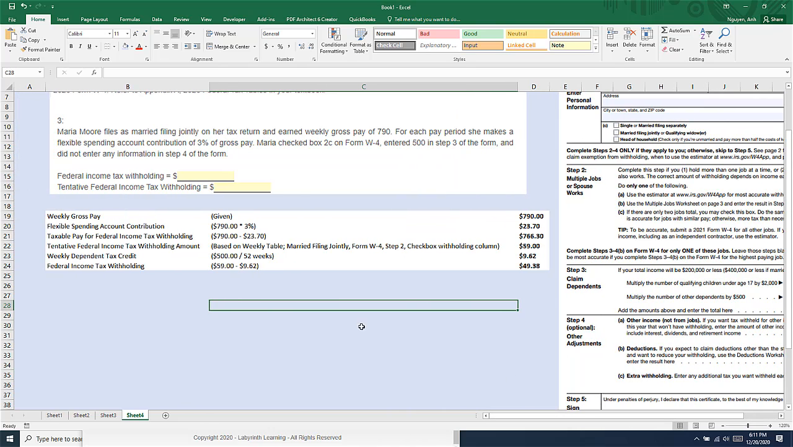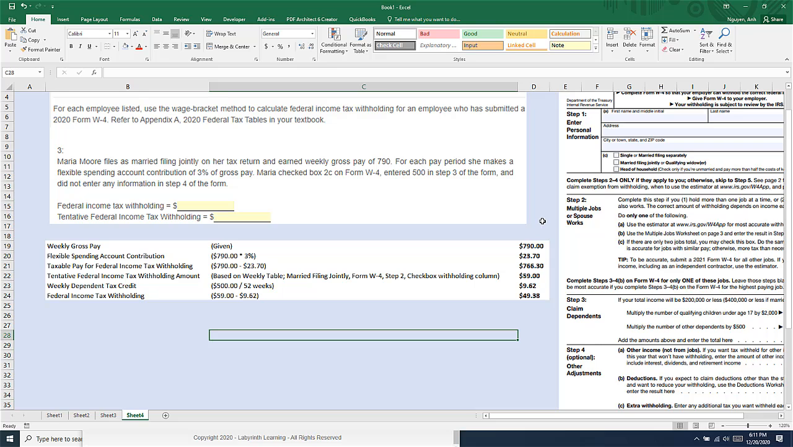Let's go back to the problem. Lay out the information. By the way, in this problem, we need to figure out the federal income tax withholding as well as the tentative federal income tax withholding. All right, laying out the information, the weekly gross pay as given is $790. And the flexible spending account contribution is 3%. We see right here, 3% of gross pay. So take 3% times the weekly gross pay, $790. That gets you